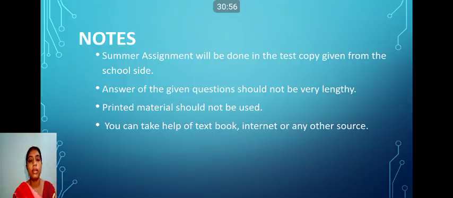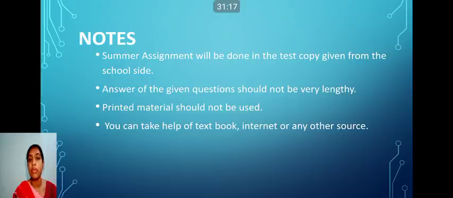Now one more very important point: you can do all the summer assignment in the test copies provided by the school. If you don't have new ones, no problem, you can use the old ones also. And we will use the same summer assignment copy for the class test also.